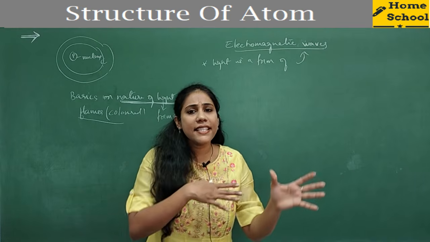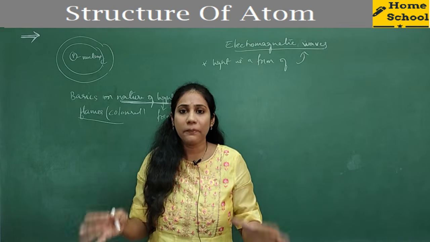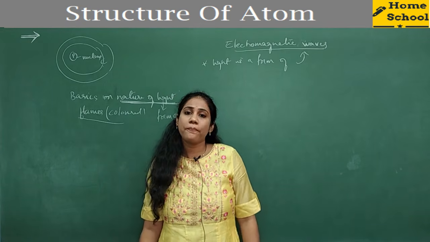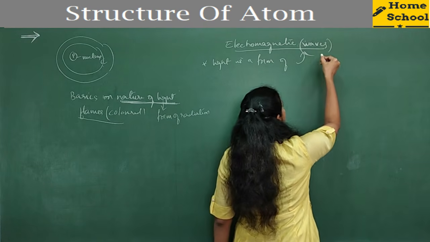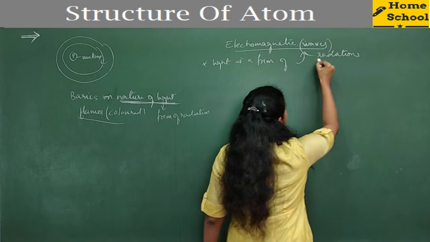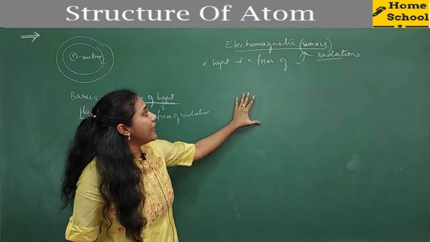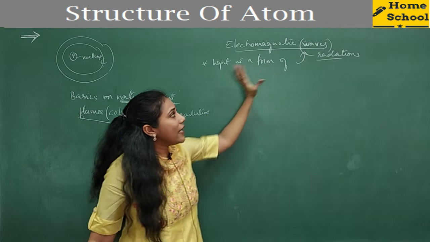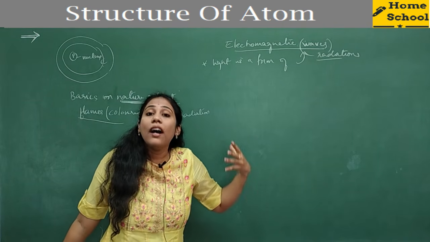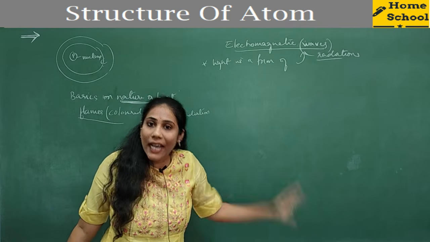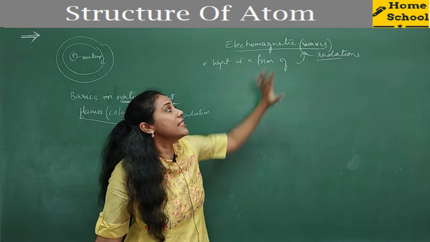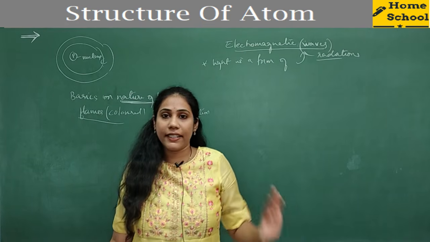All these radiations that you are observing in the atmosphere are nothing but electromagnetic waves. I can call them waves, or I can also call them electromagnetic radiations. So let us understand what these electromagnetic waves are and how they are produced. I said light is one of the types of electromagnetic wave, so it is very necessary to understand about electromagnetic waves or radiation.